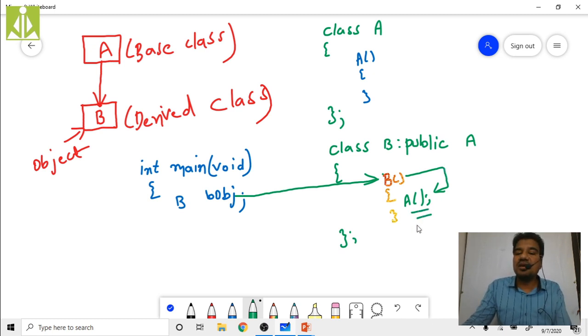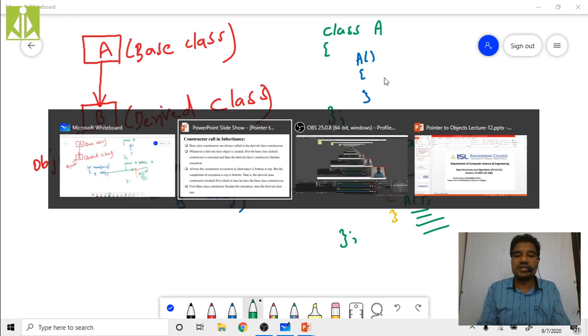Before you write anything inside this, by default your compiler will add this call to the base class constructor as the first statement.